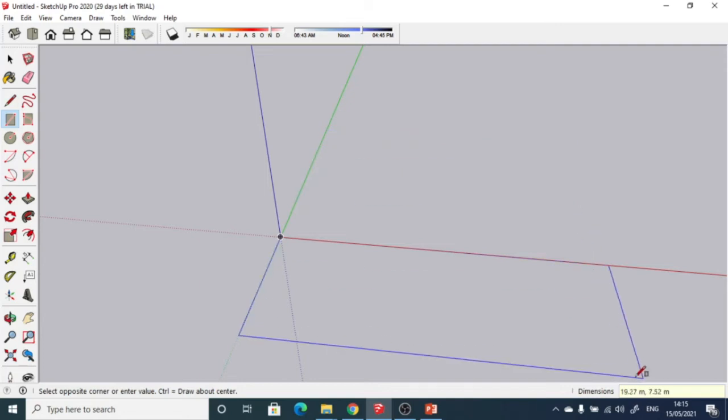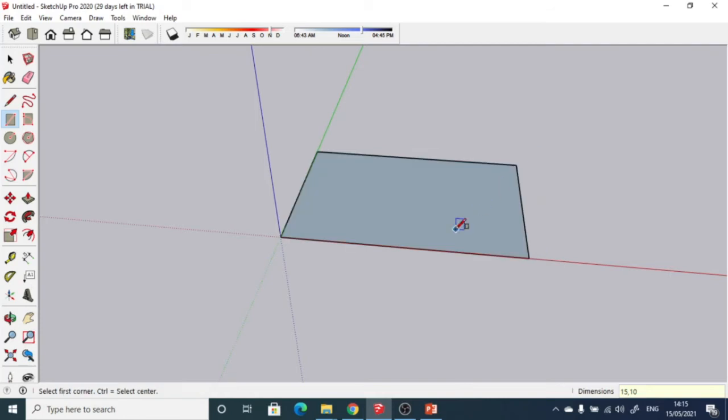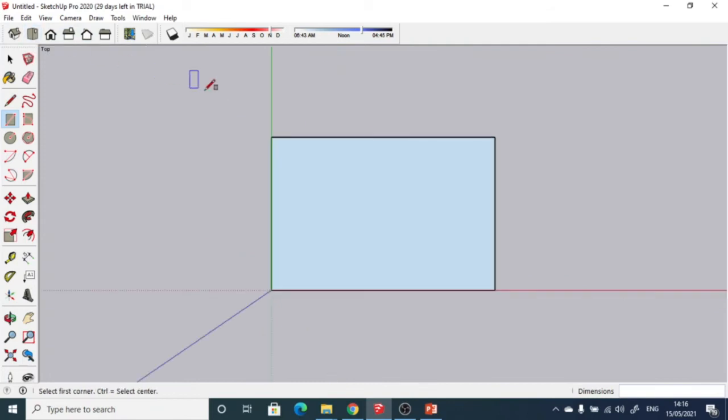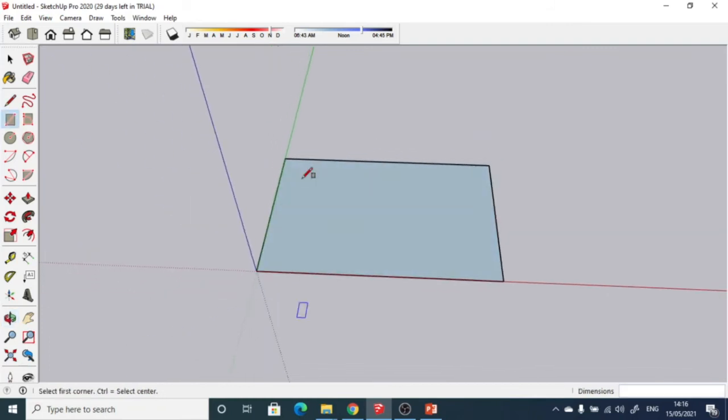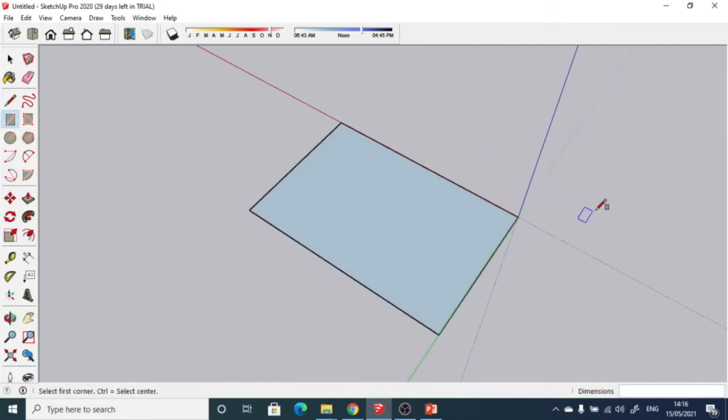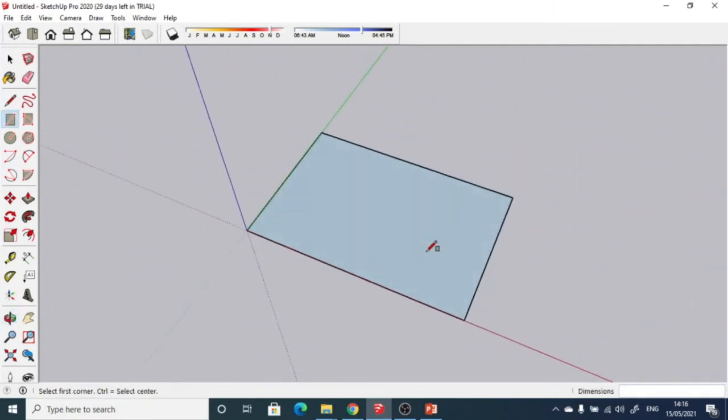So basically on the lower side, when you see this dimension over here, whatever integer digits we type for the length and the width will come over here in terms of meters. So I am writing here 15 comma 10, so it draws the rectangle of 15 by 10. Whenever we visualize the object from the top view, it will look exactly like a rectangle. So like that, with the help of the rectangle command, we can obtain the polygon. That is a 4-side polygon we are drawing as a rectangle, or the square also we can draw with the help of this command.